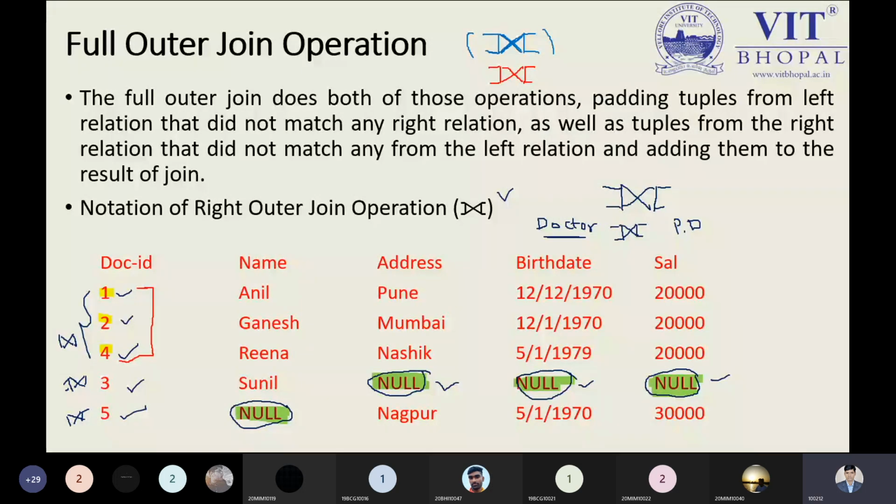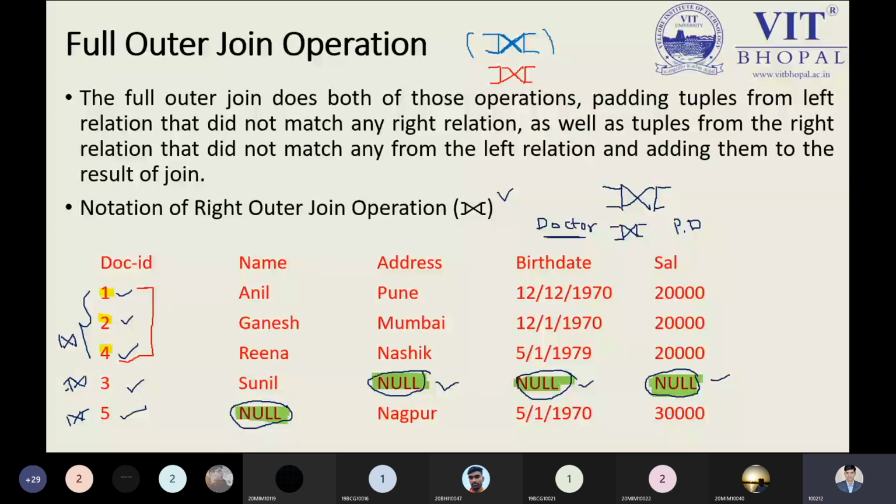But ultimately, what we are observing, we are losing information, and losing information means you are not coping with the database properly. So that's why we have the outer join. So you can apply the left outer join, right outer join, respectively, getting the value from the left side to the right side. It's a choice. Ultimately, after applying the outer join, that is a left outer join or right outer join, we have observed over here that we are not able to access the information properly because again we are losing some information from one end only, either the left hand or right hand relation.